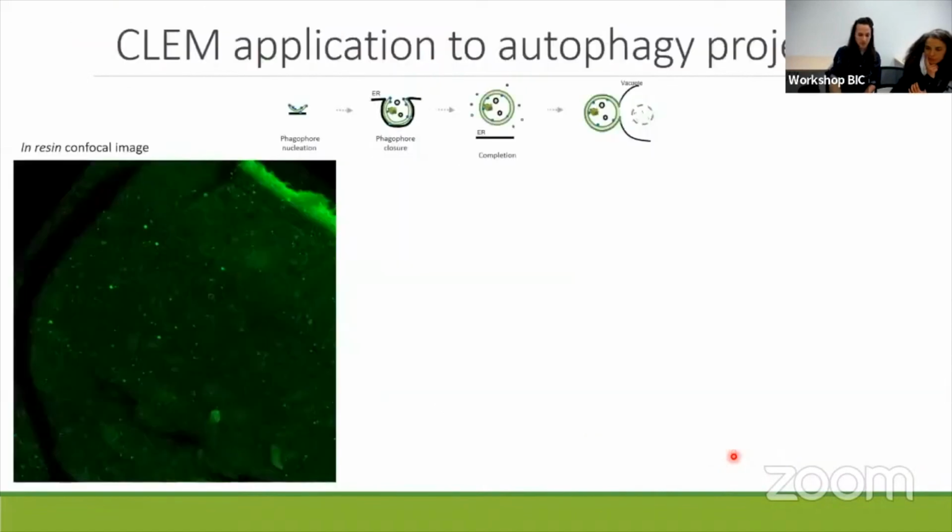So of course, this was for a graph interface project, but now I'm using it on an autophagy project. It's to show you that you can apply this CLEM technique to other projects. And same as before, I'm targeting autophagy structure